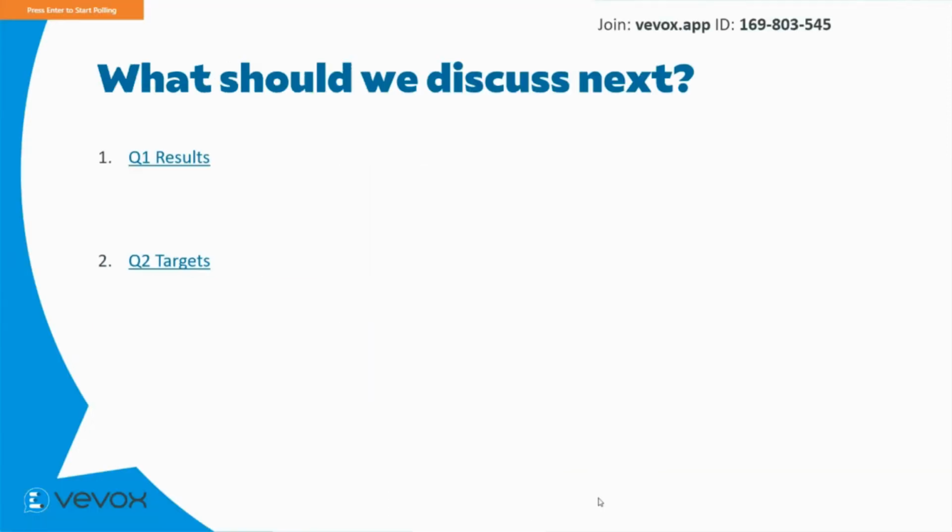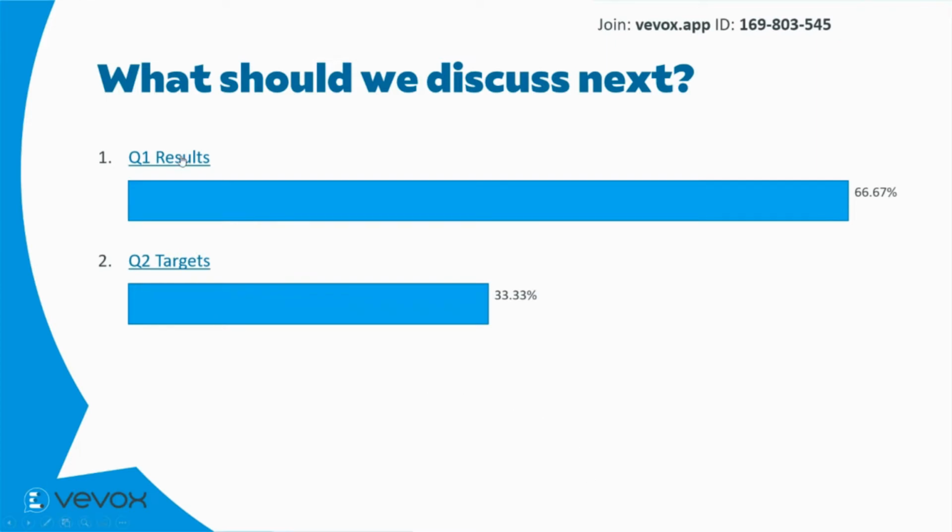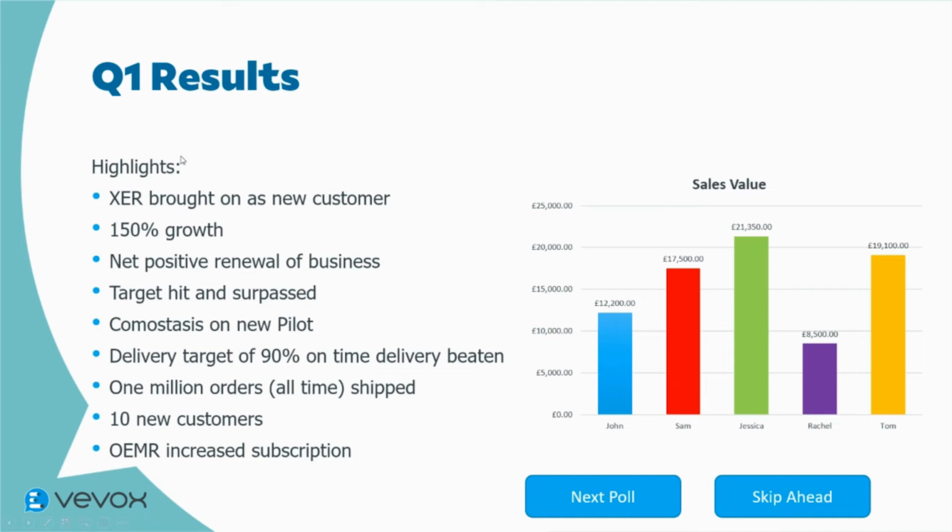So we run our poll. When the results appear on the screen again, we can look at what to do next. So this time we're going to look at the Q1 results. So we click the link, that takes us to the content for that particular section. Again, we can go through our content, we can talk about that section, and then when we're ready, we can